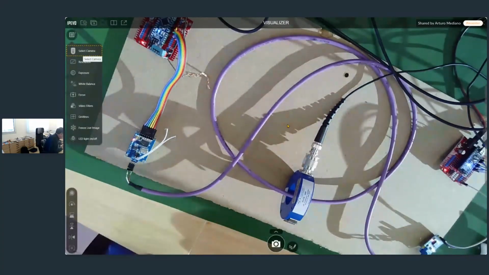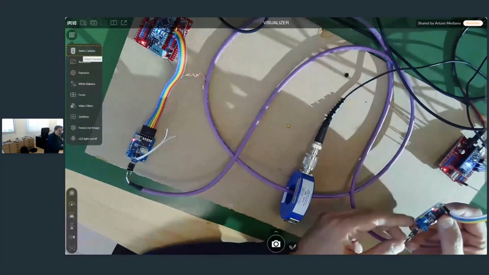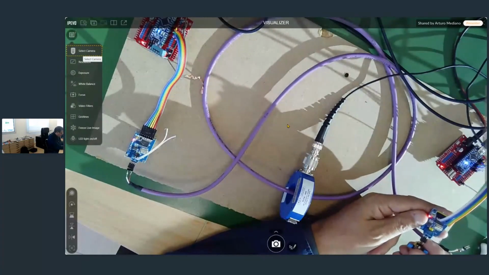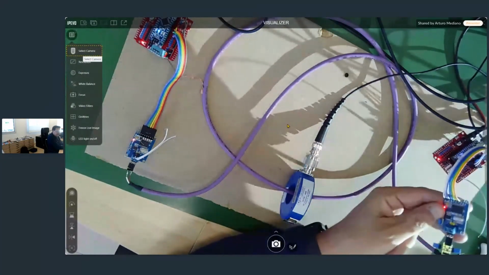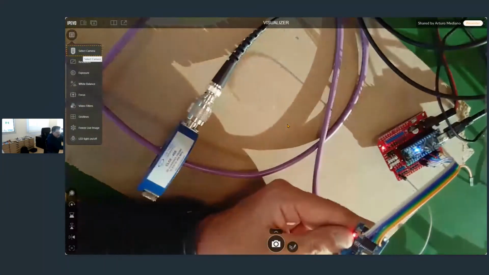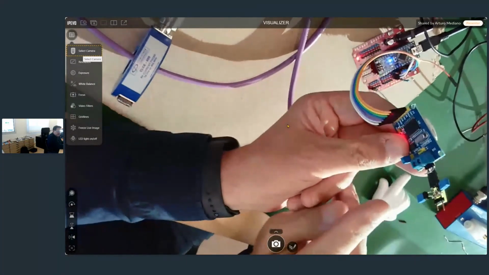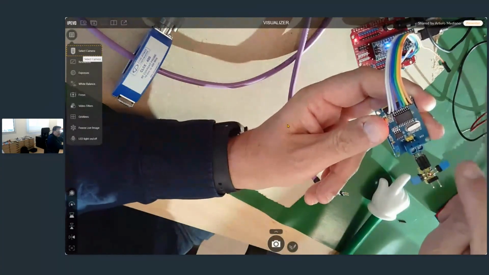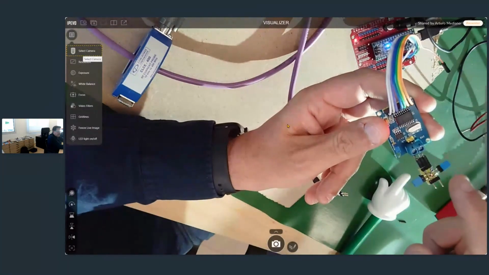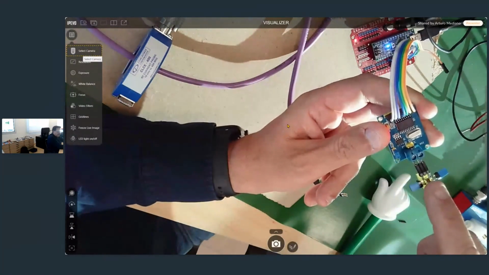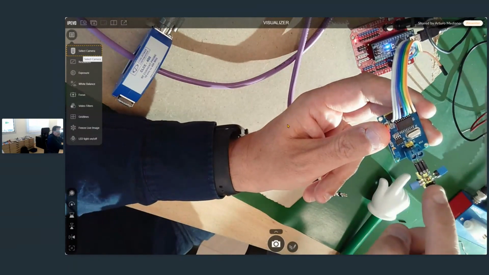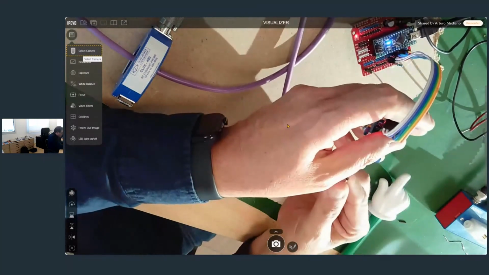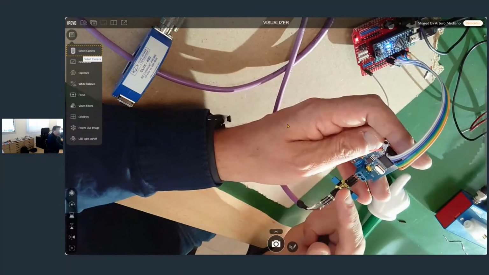So let's go to the camera and let's try to introduce my filter here. I'm going to disconnect the twisted pair here, and I'm going to introduce my common mode choke. This is a prototype, so it's not really nice, but I hope for the demo it is enough so you can understand my ideas. Okay, so you can see here I have the common mode choke, and you can see 2 blue jumpers that can create a short circuit of the common mode choke. If I remove the jumpers, the common mode choke is in place. So I only need to connect my twisted pair again, but now I am introducing the common mode choke in